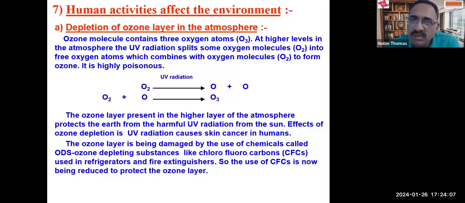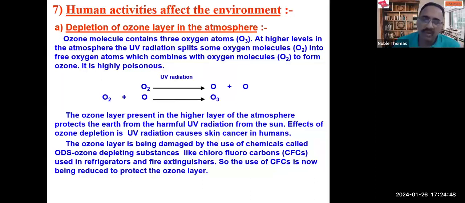is the excess amount of ultraviolet radiation, because most of the year the equatorial region receives sunlight directly, whereas in the polar region the sunlight is received slanting. And because of that, adequate or large quantities of ultraviolet radiation do not reach the polar regions. So the European countries, American countries, or Canada, Russia, or these kinds of countries are not much affected. But the countries in the equatorial region will be affected by this excess amount of radiation.